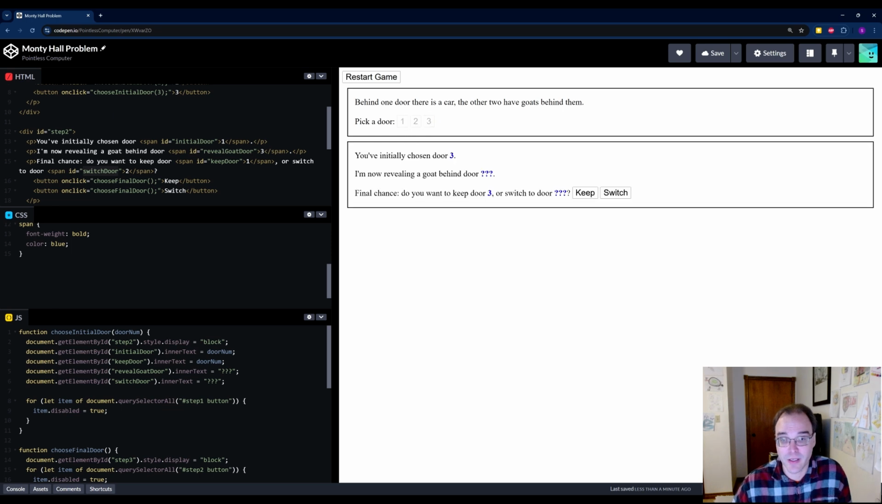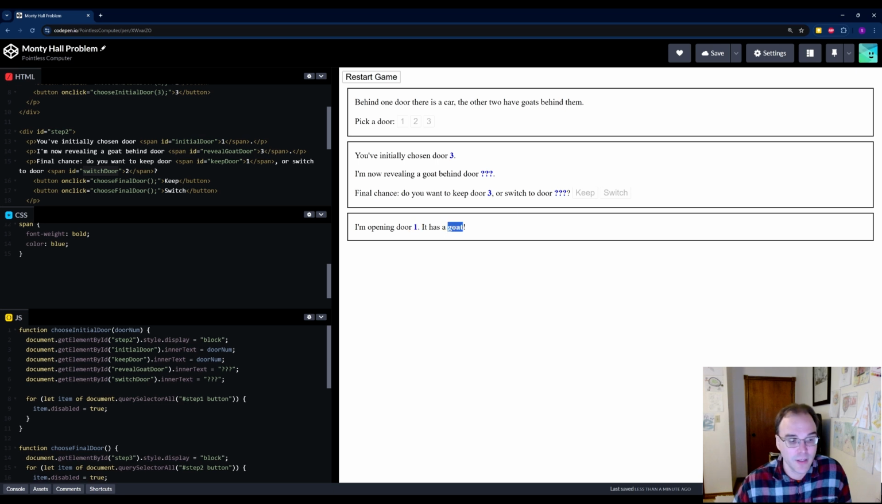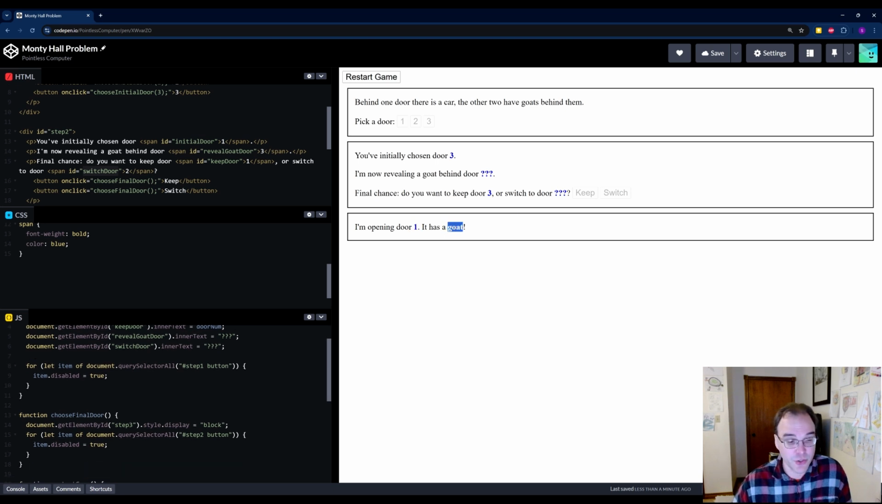So if I click any one of these buttons, you'll notice these have now become question marks. We'll fill these in with the proper values momentarily. And if I click on keep or switch, then naturally these should be set from code as well. I'm going to go down and choose final door. We're going to say